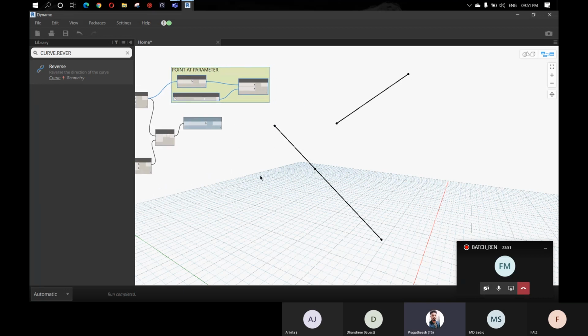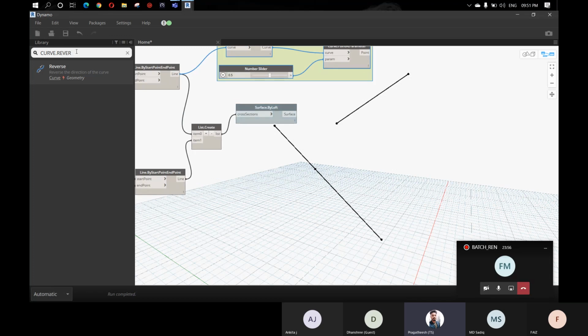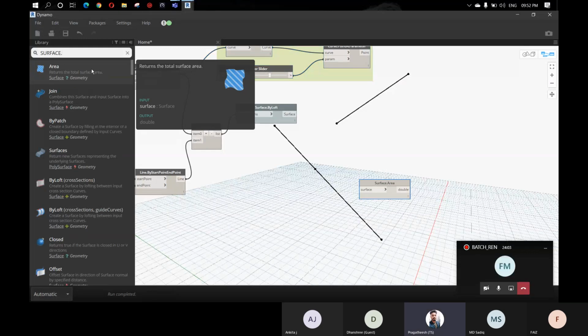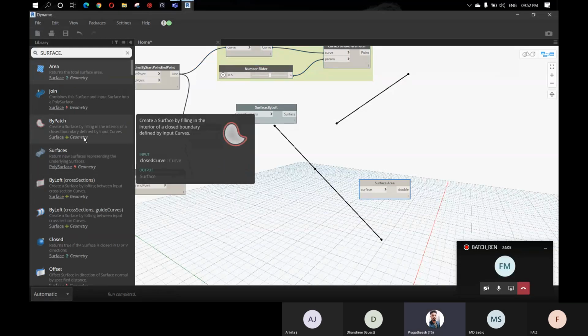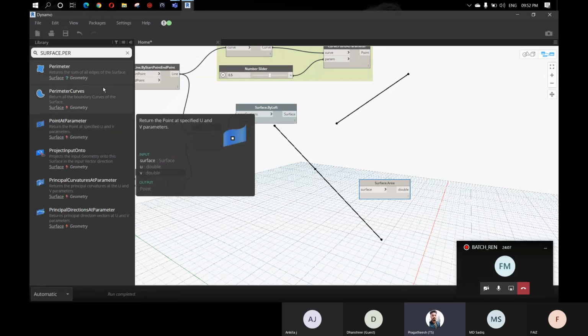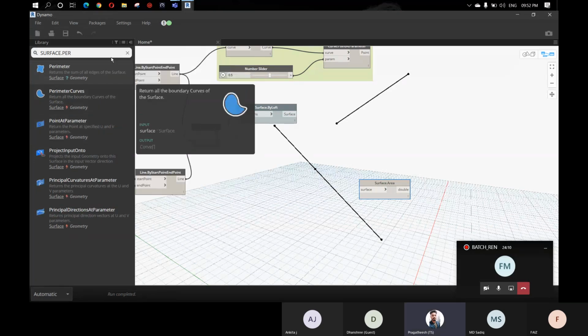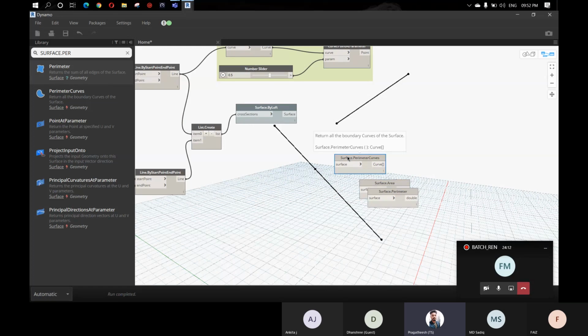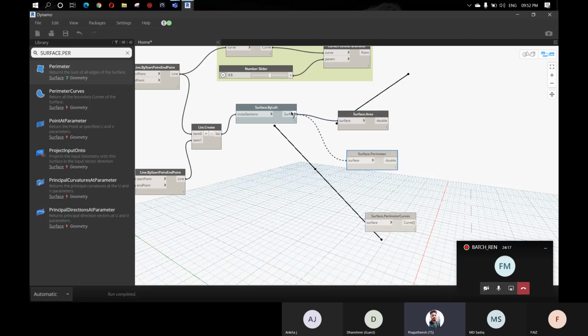Next we can analyze the surface, which is similar to what we have done with the solids. For the surface, you can search for surface dot area, surface dot perimeter, and perimeter curves. Just connect these and you will get all the data.